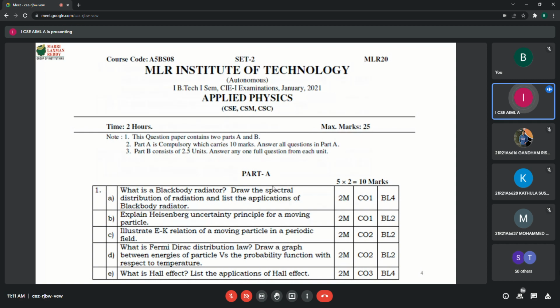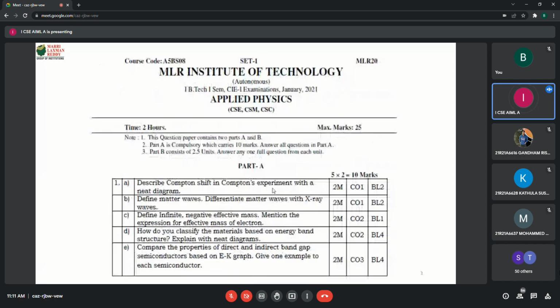Now, as I told you, in today's session we are going to discuss unit 2. What are all the important questions in unit 2 that we will see. Now I'm taking the set one question paper. As I told you, which questions can be expected under unit 2? Tell me the question numbers here. Unit 2 questions.